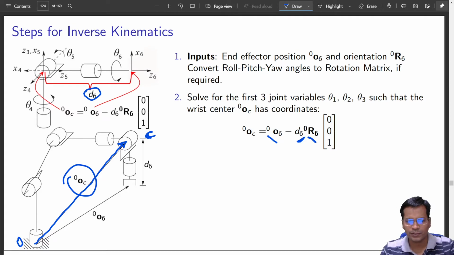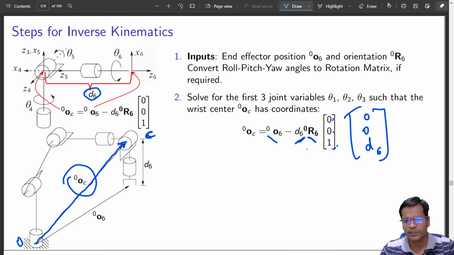Okay. What is it rotating? It is rotating a frame or just a vector. It is given by 0 0 D6. This vector is 0 0 D6. So instead of writing 0 0 D6 and rotating that using the rotation matrix, what I have done is taken out D6 and written D6 as a scalar times 0 0 1.